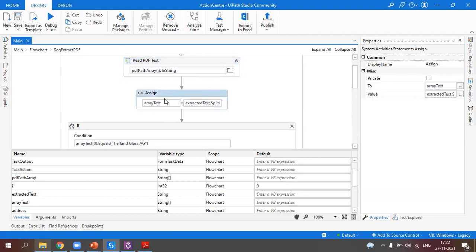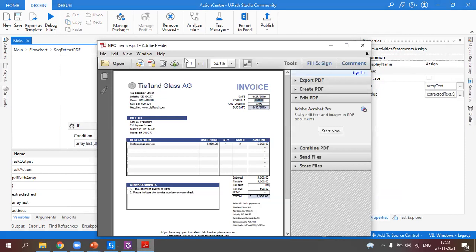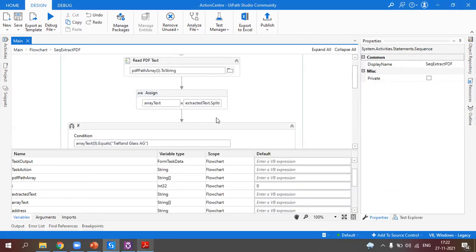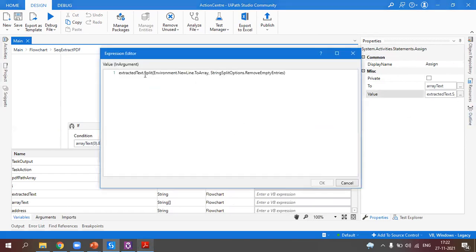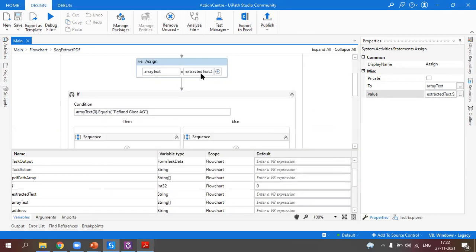After that, I'm splitting all the lines based on the new line and assigning that to the array text. I'm splitting based on the new line, and the empty entries will also be removed here.